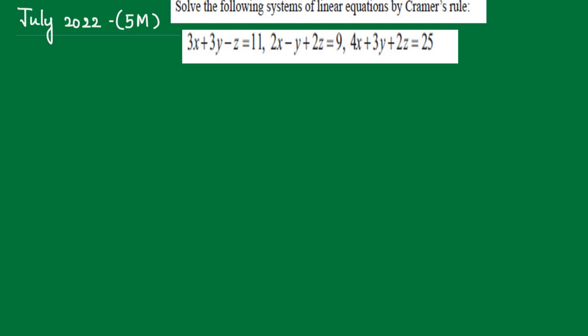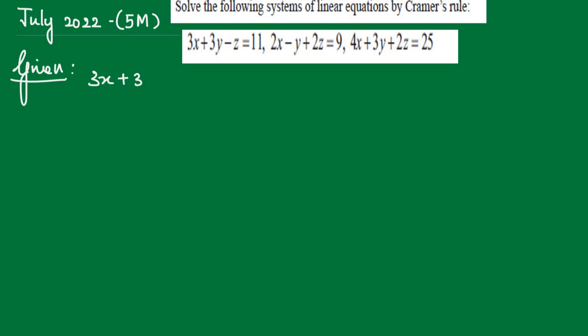Hi students, in this video we see all the 5-mark questions and the expected 5-mark questions from the first chapter. So July 2022 5-mark questions: solve the system of linear equations by Cramer's rule. The given linear equations are